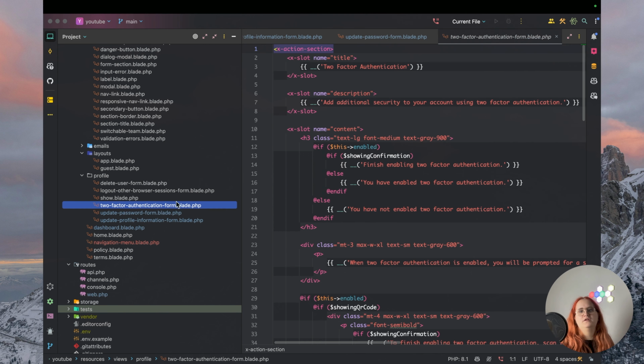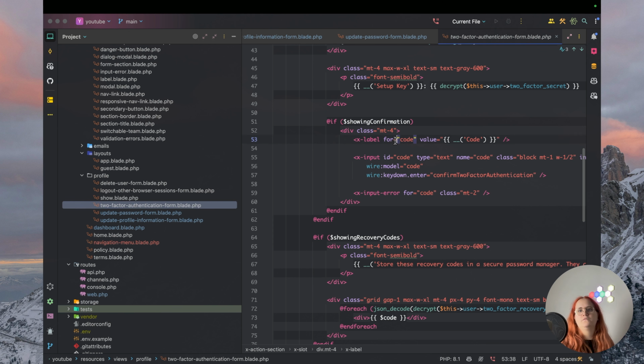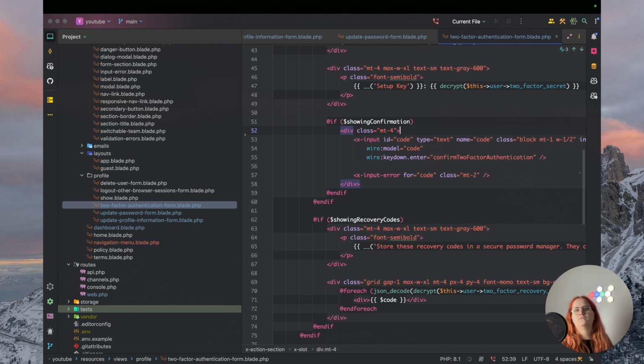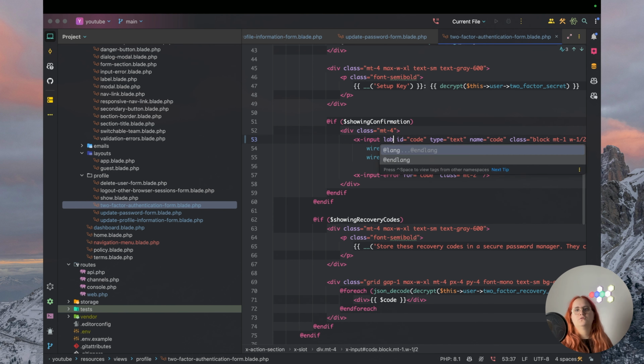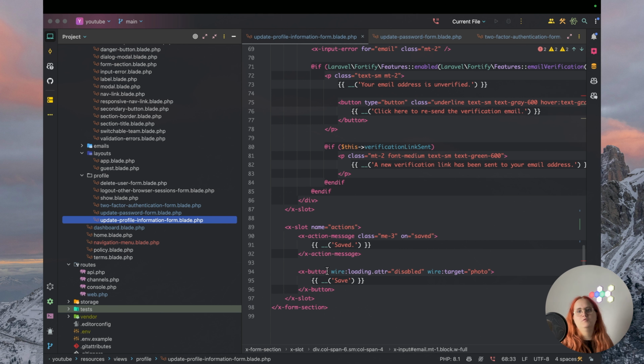And outside that, there may be a few areas in here where we also want to make sure we get rid of the label here, for example. Just want to call this code. And we want to make sure this has a